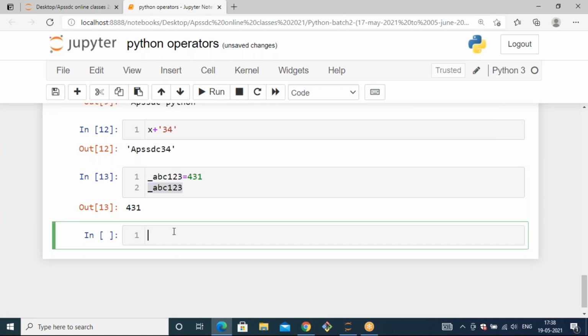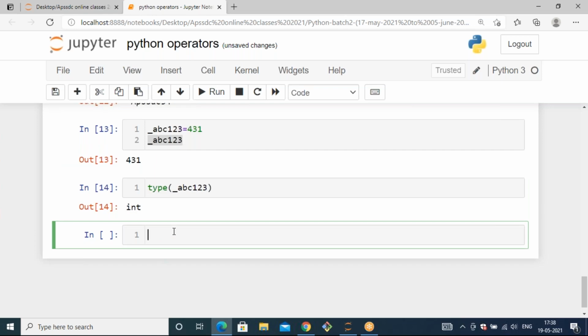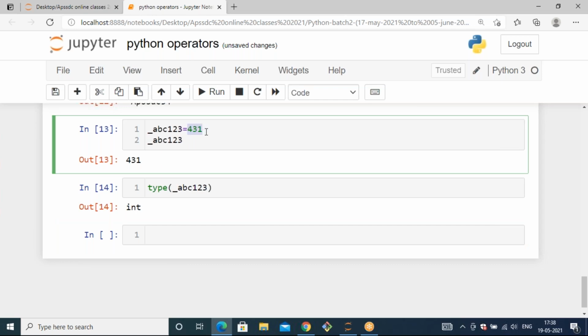I'm passing type of this variable. Now you will get the type as integer. Why is it giving me integer? Why not string? Yes, 431. Whatever data we are assigning inside this variable is an integer. This 431 is integer data, that's why it gives me type as integer only.